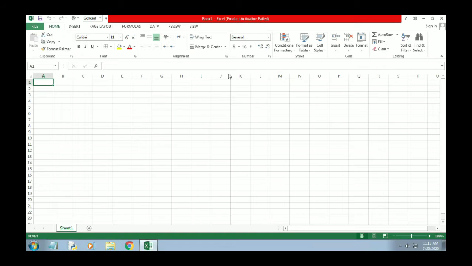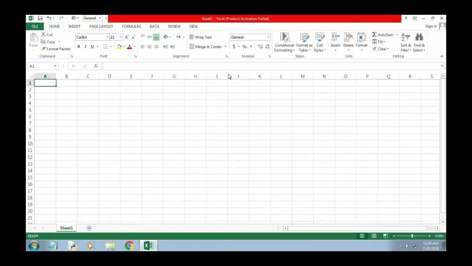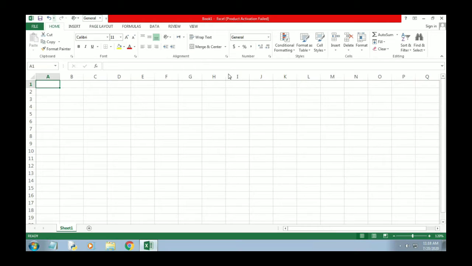Just look at the mouse pointer here: File, Home, Insert, Page Layout, etc. Here we have the File tab first.